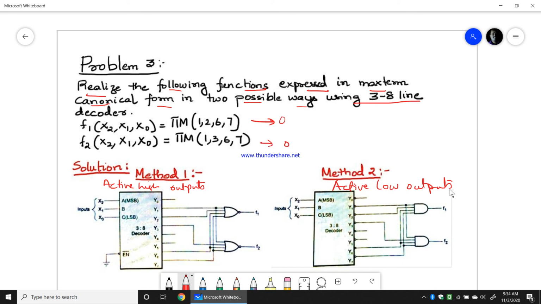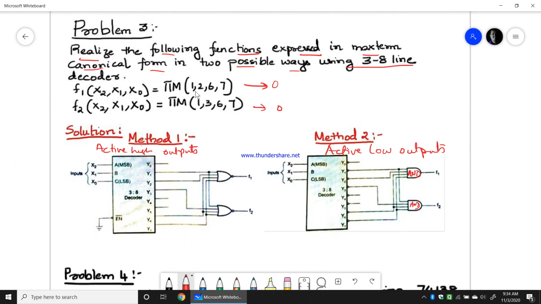Now when I say active low outputs, we all know that we use AND gate. So AND gate will give me 0 as 0 only. But when I go with active high outputs, this 1, 2, 6, 7 whatever we have will be all ones in active high. But for me, maxterm, I should be able to get 0 as an output. So which would be the gate? Earlier we have discussed already. NOR gate is the one we use to get 0. So take out all those output lines which are high and give them to a NOR gate, and that gives you a low output. So NOR gates are used for active high outputs.